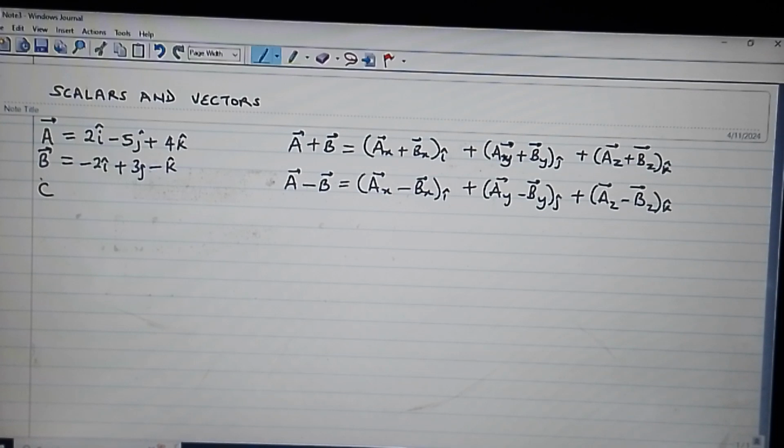I have another vector C equal to minus 2i plus 3j minus 4k. I want to add these three vectors. So to add them, I say A plus B plus C will give us a new vector. Let's call that new vector D,